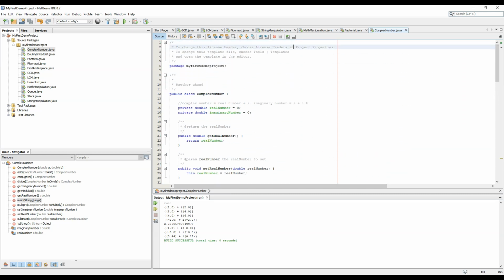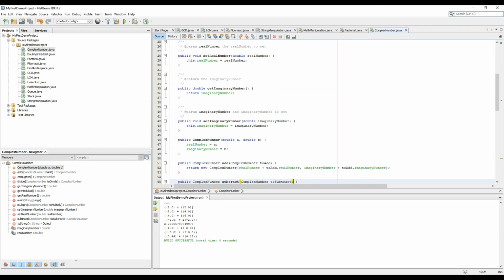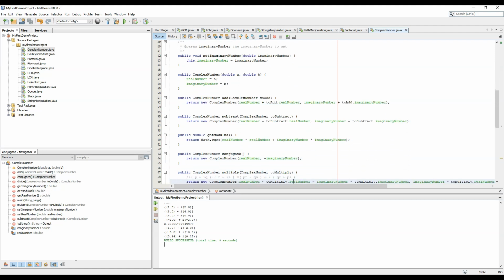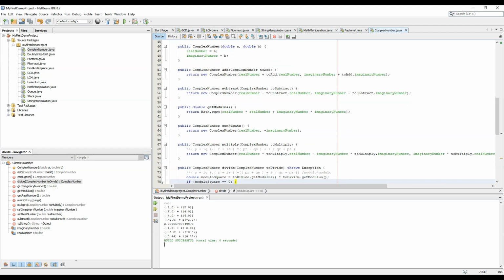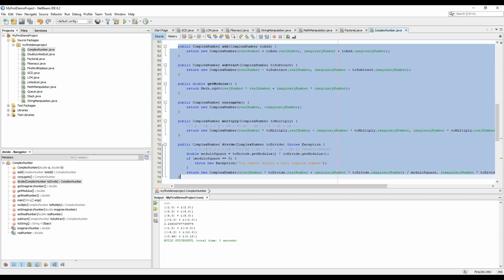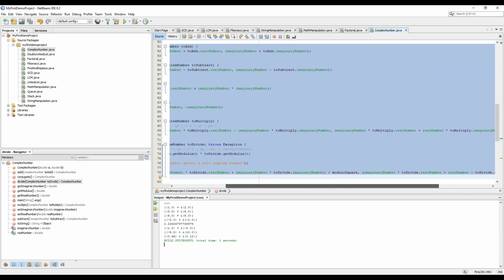So this way we can represent complex number in Java. So we created a real number, an imaginary number. We created a constructor and encapsulated them, the inside variables, and then we created the add function, the subtract function, the modulus function, the conjugate function, the multiply function, and the divide function. You can see all the functions from here to here being selected, and I just need to represent it like this.